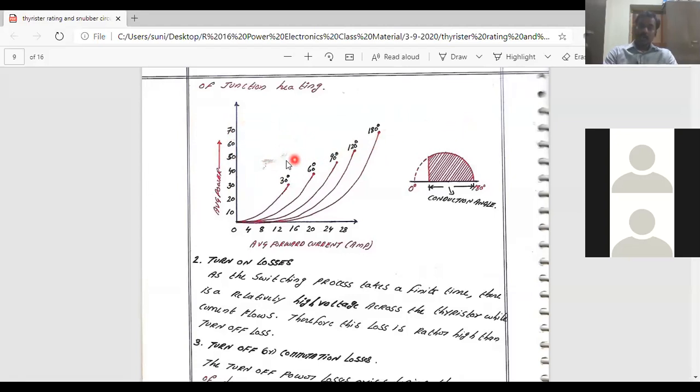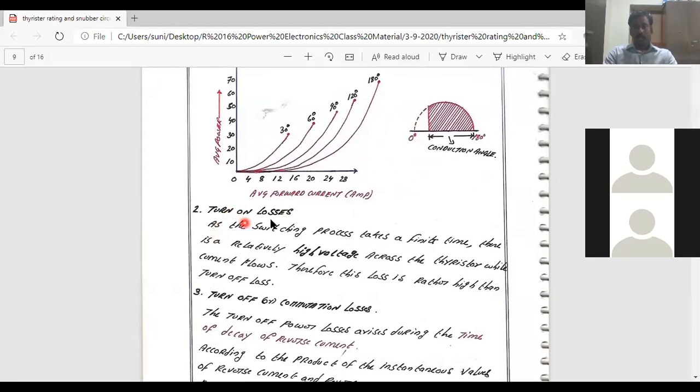So why are you going to get this loss increasing as the conduction angle is considered? Because you are going to have the forward current rating increasing as the conduction angle is considered up to 180 degrees. There will not be any forward current otherwise, isn't it? So you are going to have the power loss increasing. This can be considered when we consider these converter circuits clearly.